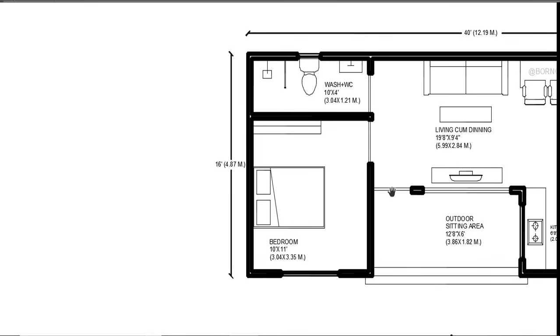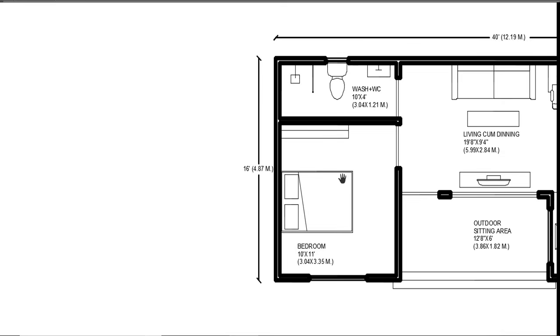So we have a sliding door here. On the left side we have bedroom number 1 here. You can see here the bed arrangement, wardrobe arrangement, and also a window for ventilation and light purpose. And on the left side we have a common use washroom plus water closet here. You can see here the wash basin, water closet, and the shower area, and we have a ventilator for ventilation